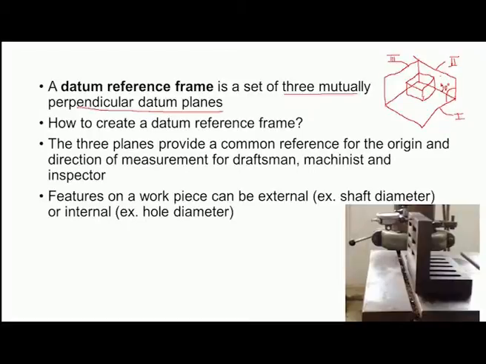So, when we want to measure this particular distance, again this plane is taken as reference and then this distance is measured. And similarly, when we want to measure this distance, now this particular plane is taken as the reference and then measurement is made.